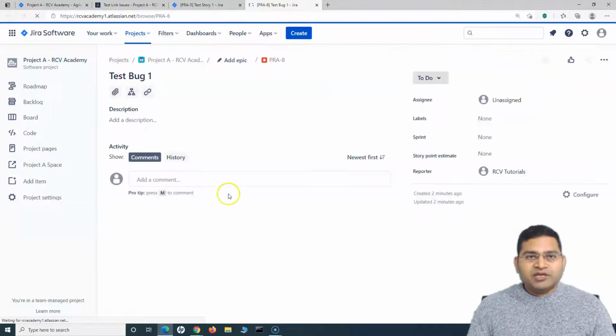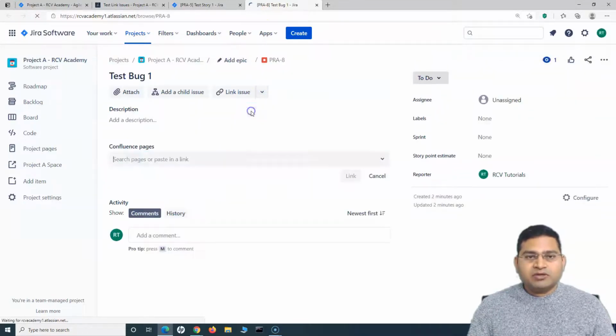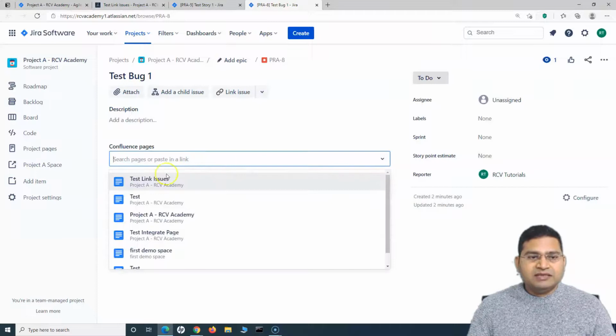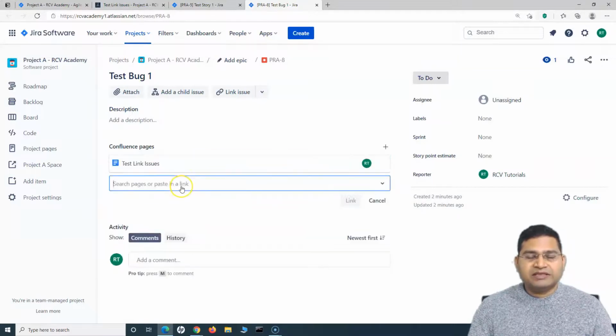So on the bug page, I can simply click on the drop down, click on link Confluence page and select test link and click on link. That's the only thing that we want to do as part of the Confluence page linking from the Jira issue. Okay. Very simple, but very powerful when you have to refer to any of the documentation that is related to